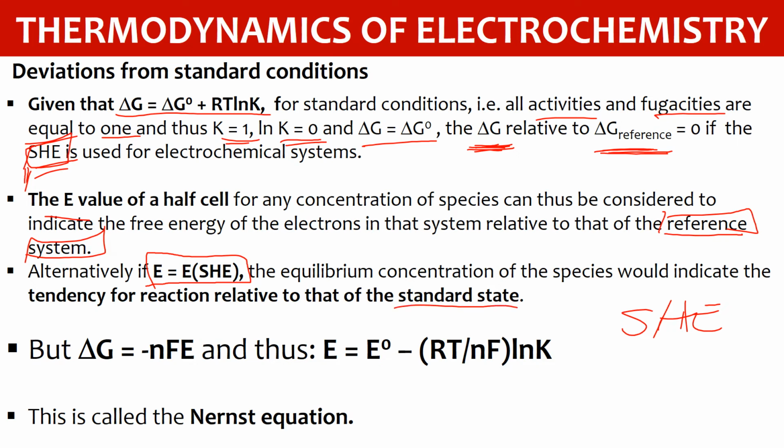So you're simply saying this potential, whatever potential of the cell we are comparing, is equal to that of the standard hydrogen electrode potential. Okay, so we are comparing the tendency of a reaction relative to